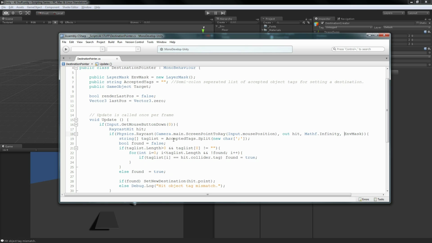Now if we do hit something, then we're going to open up our tag list here, and we're going to split it based off of a character. So this is the part that isn't working, and I don't really know why, but effectively what I'm attempting to do here is take our accepted tags and split it by,